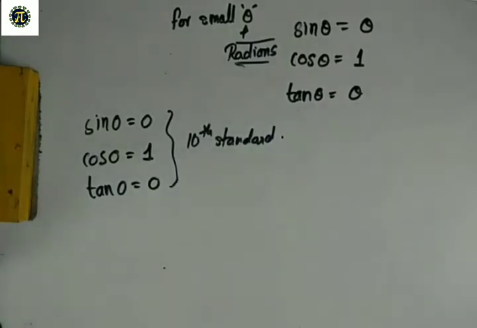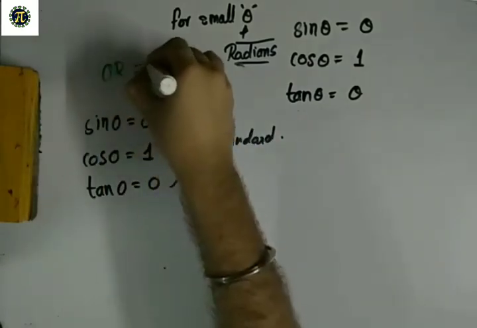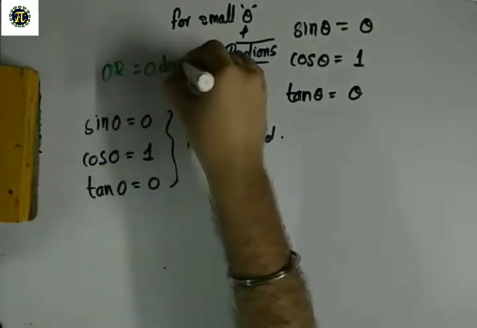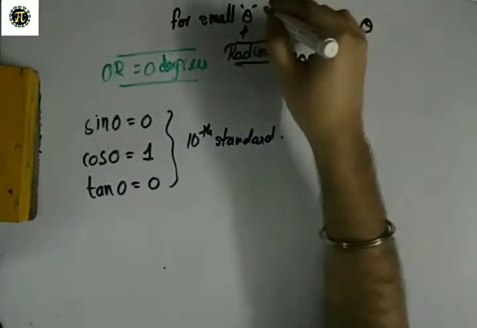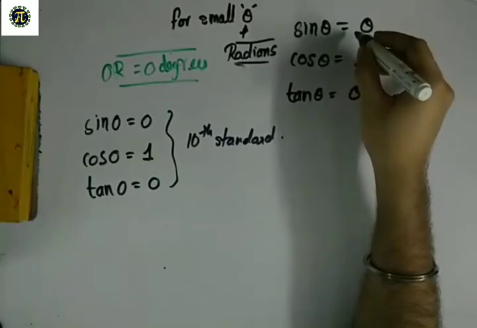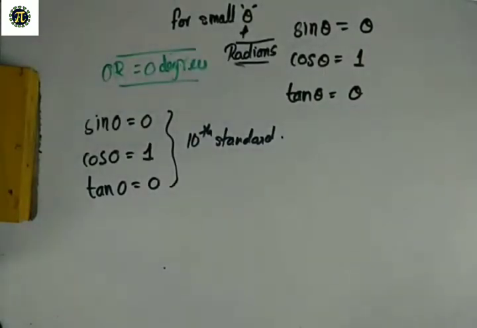And 0 is 0, right? Either in degrees or in radians, because 0 radians is the same as 0 degrees, right? But it's saying that if our angle is very, very small, very close to 0, then this value is equal to this. So we want to imply more things from this equation.